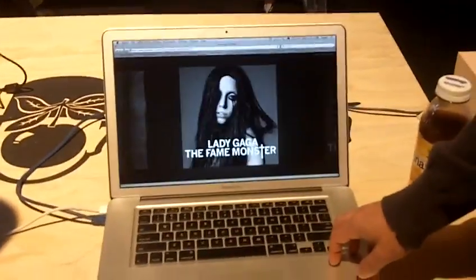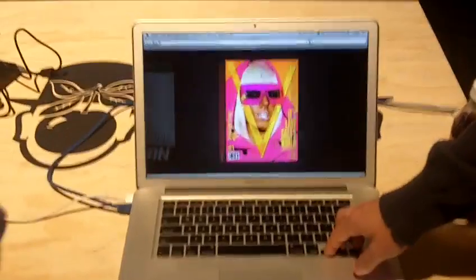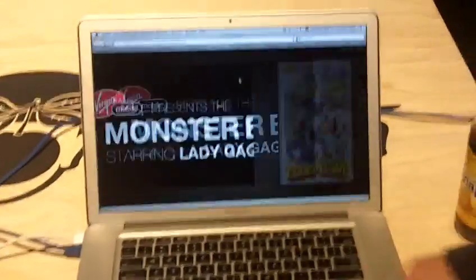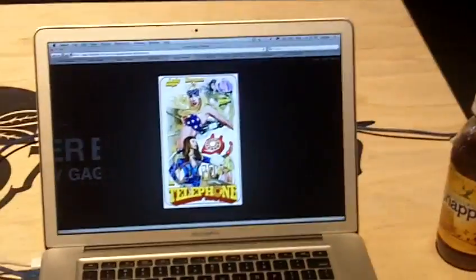Very much more Gaga appearance, as you can tell. This is really cool. Now, is this available? Can anyone go and use this now, or is this just a proof of concept right now? It's just a proof of concept. The URL is up, but we spent two nights on it, just hacked it together. We have a couple other themes, but we're not cheating in any way. We're not doing anything special.